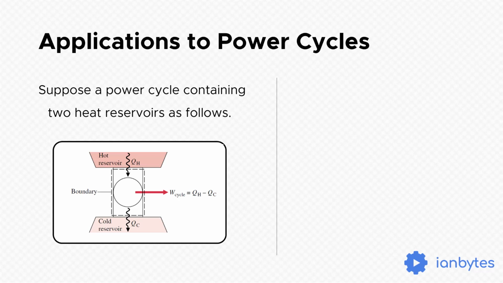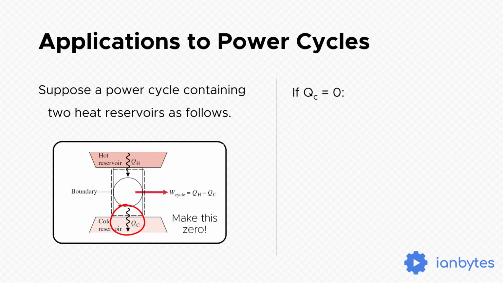Ngayon, i-apply natin ang Kelvin-Planck statement sa ating power cycle. Sabihin natin meron tayong heat engine na mayroong dalawang heat reservoir, ang hot reservoir at ang cold reservoir. Given that it is a heat engine and applying the first law of thermodynamics, we know that the net power output W cycle is just equal to QH minus QC. Now, we want this system to imitate the conditions of the Kelvin-Planck statement kung saan tayo ay may isang thermal reservoir. The closest thing that we can get is if we let QC be equal to 0.